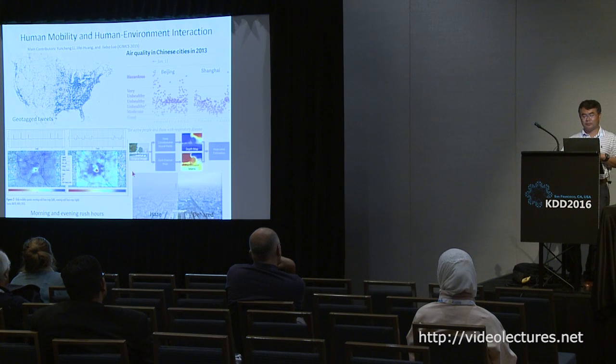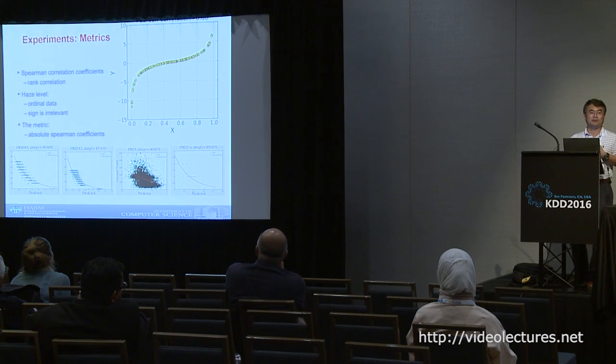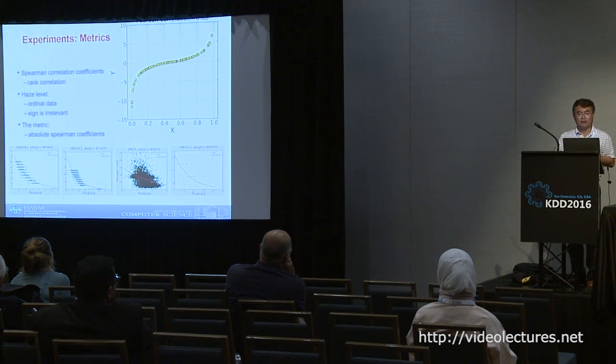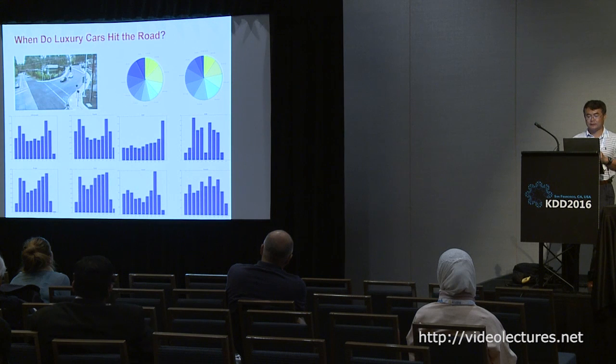So what we developed was to use tourist pictures to estimate the air quality at a given time on a given day or given location. And we actually have ground truth. The ground truth was what the US Embassy in Beijing released. So we are getting a very high correlation, 0.88, just from using tourist pictures.